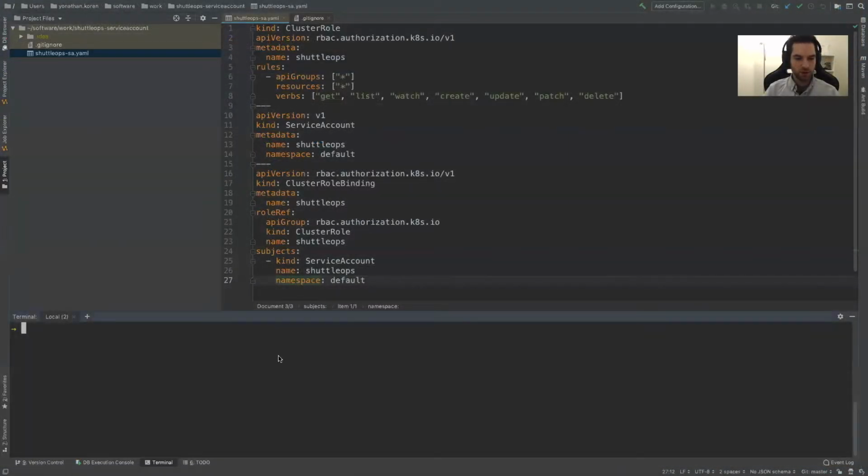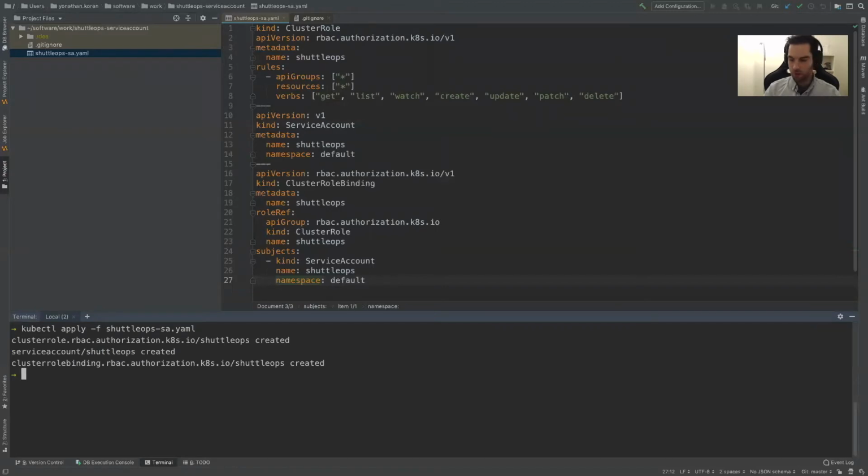From a shell with kubectl installed and a kubeconfig present for our cluster, we're going to be applying the Kubernetes manifest provided by the ShuttleOps documentation. The manifest contains resources that will create the service account and the role that ShuttleOps is going to be using when deploying resources to Kubernetes. So we simply have to do a kubectl apply on the manifest,